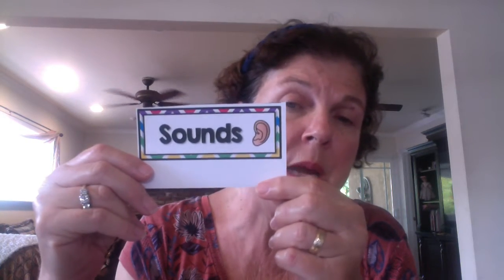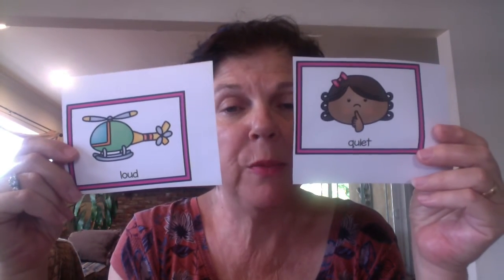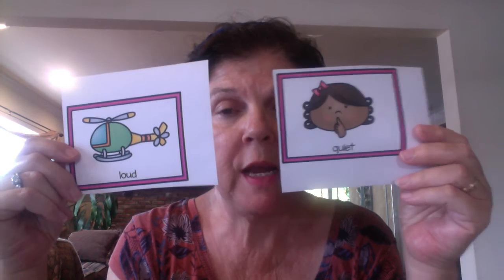So I'm going to give you some examples here. So sounds, see the ear on there, sounds can be adjectives. Here's some examples. Quiet. So if the child is quiet, the quiet child, then that'll help you know something about the person. Loud is the opposite of quiet, but they are both adjectives to help someone understand more about what you're saying. Okay, so that was our hearing sense, right?